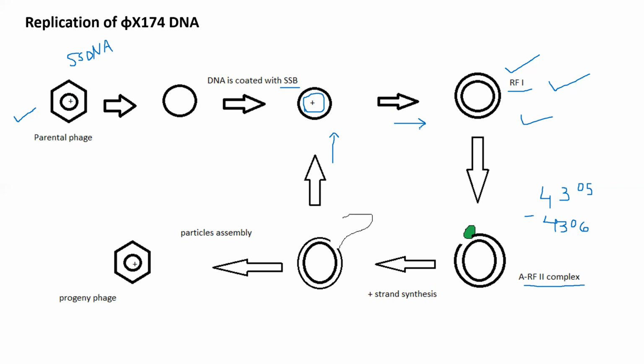Is there a time when these plus strands, rather than going for the synthesis of more RF1, will be packed into the capsid? There is no switch from synthesis of RF1 to the synthesis of free plus strands. Instead, the packaging system, that is the head icosahedral capsid, captures these plus strands before they can serve as the template for the synthesis of the minus strand, or before they can go for